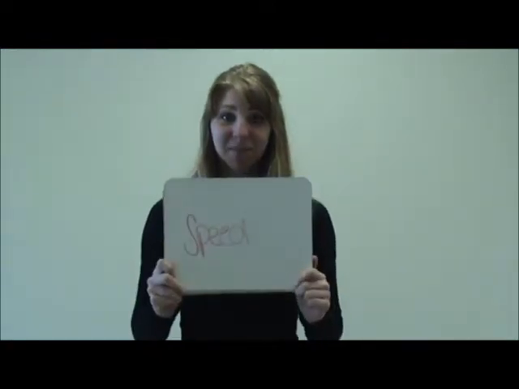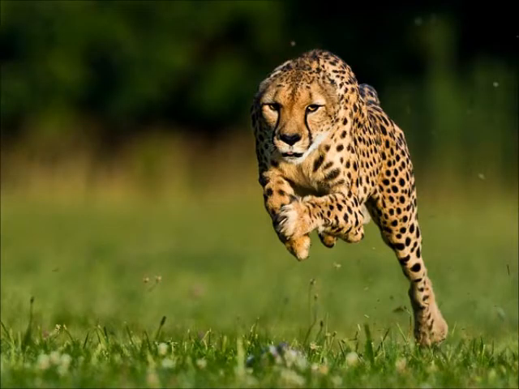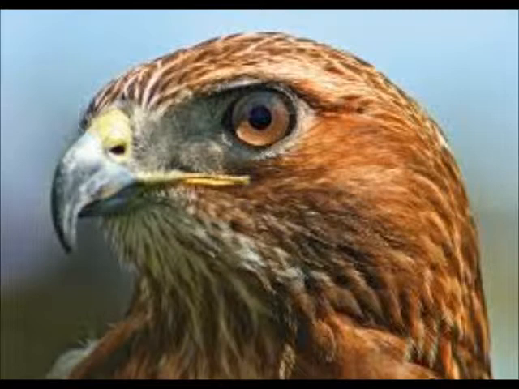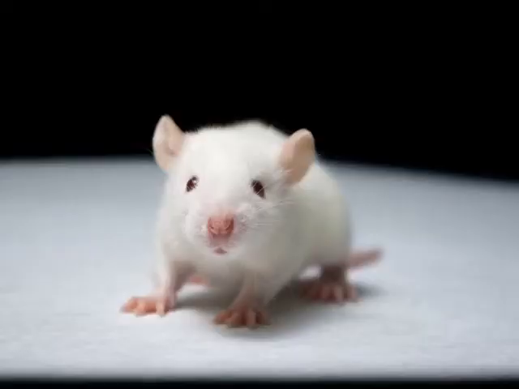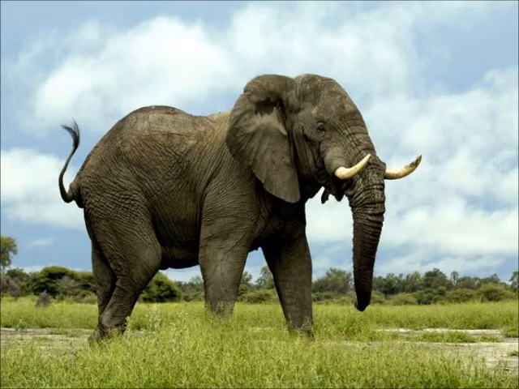Coloration is just one adaptation that an organism can have that can be beneficial in their environment. Other adaptations include speed. It allows organisms to either escape their predators or catch their prey. Sight. It allows organisms to better see their predators or prey and either avoid them or catch them. Hearing. It allows organisms to hear their predator or prey and also avoid or catch them. Size. If prey is small, it has a better chance to avoid being seen or caught by a predator, or if it's larger, it has a better chance of withstanding the predator's attacks.